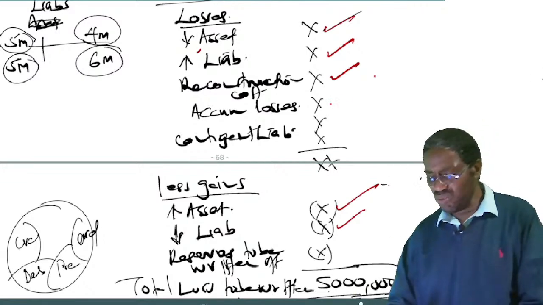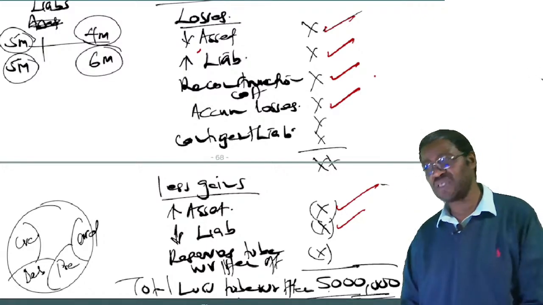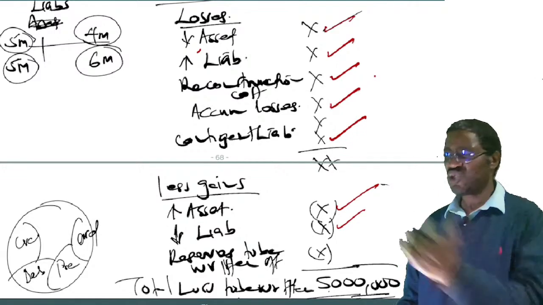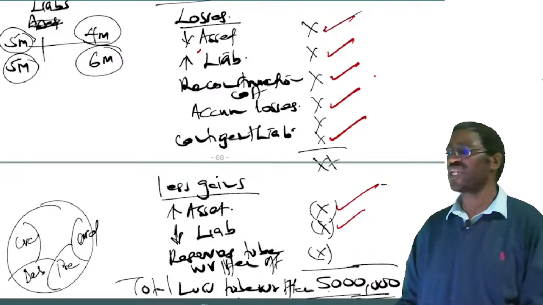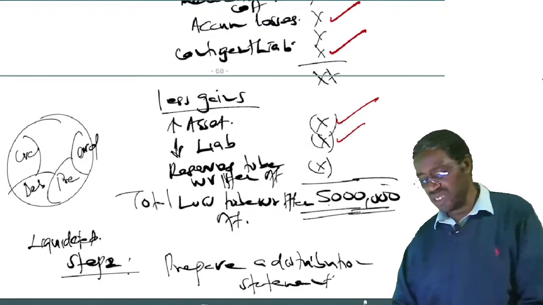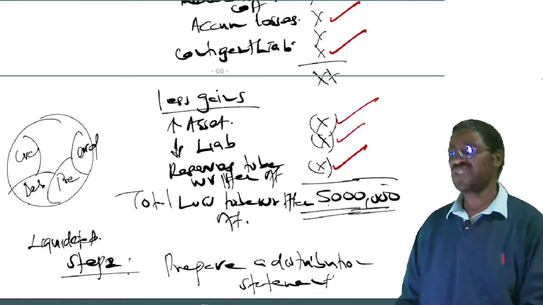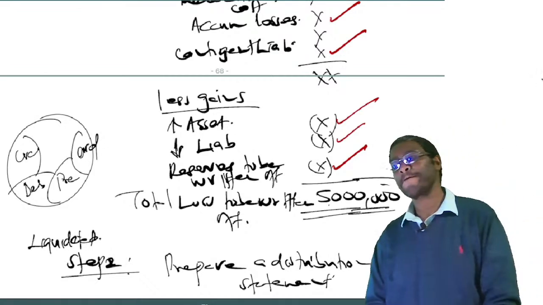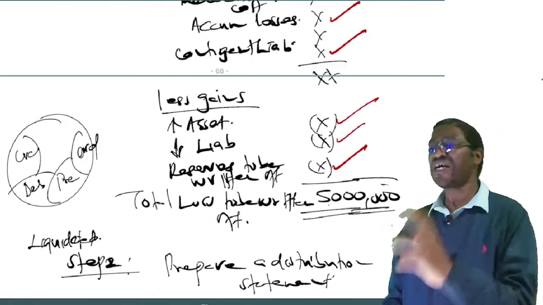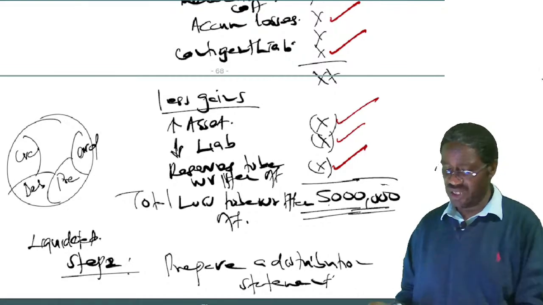Next, accumulated losses to be written off. That's what you can say. Next, preference dividends in arrears to be paid in cash. That's the contingent liability. That's a loss. Then finally, you come and say reserves to be written off. Good. So that way, you will have designed a scheme. That's how you design a scheme.